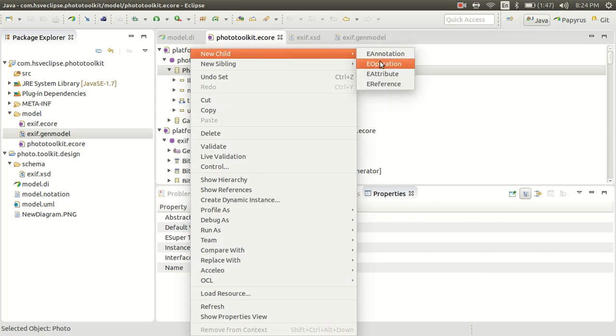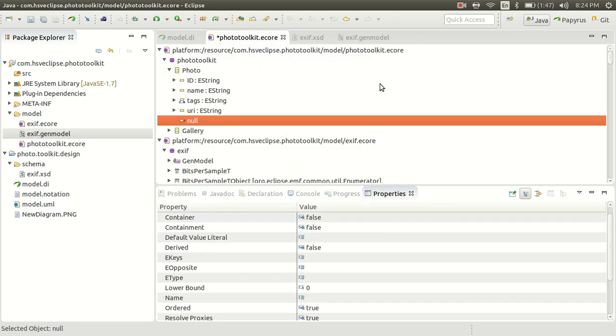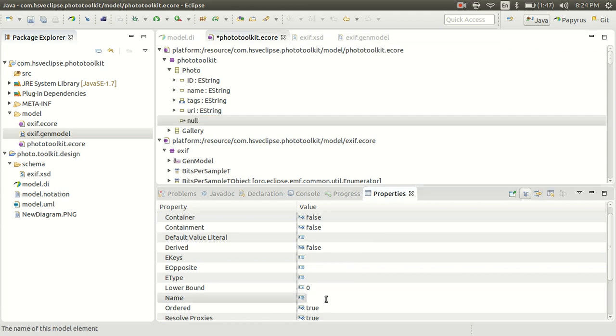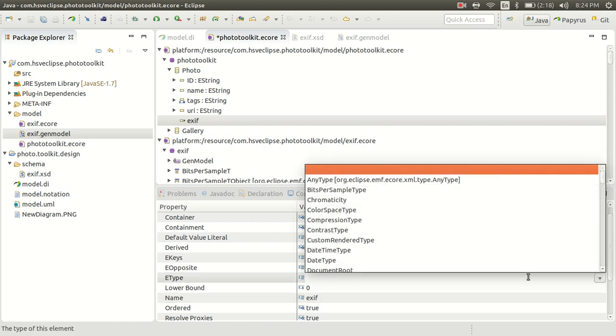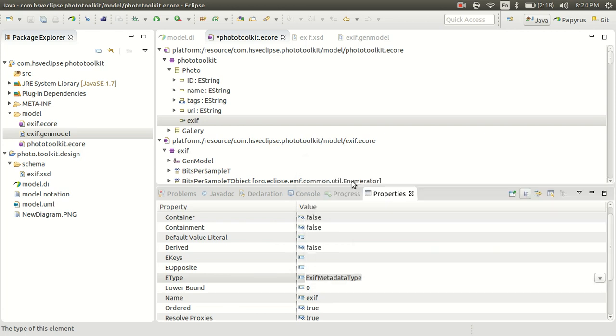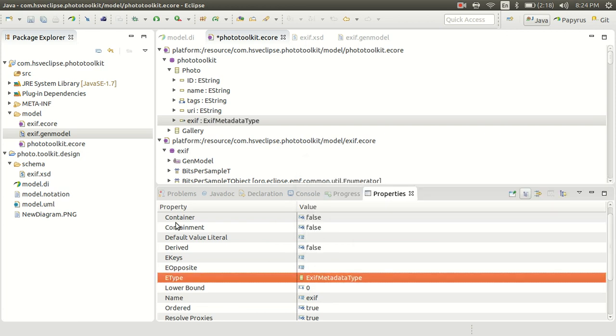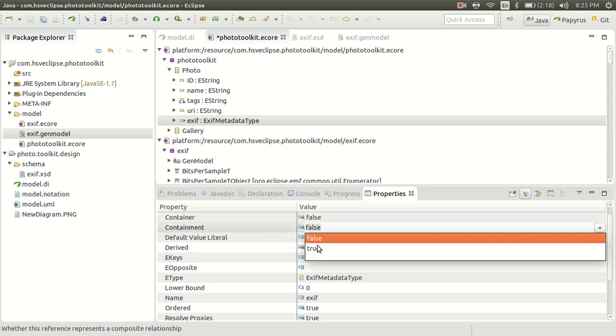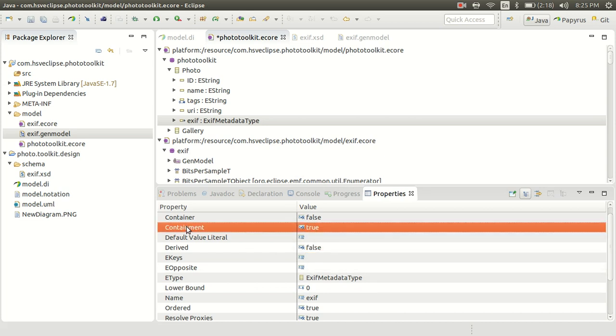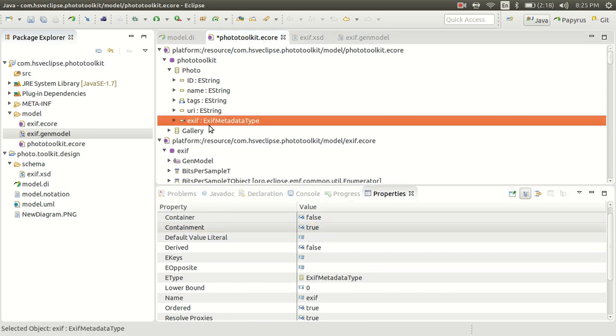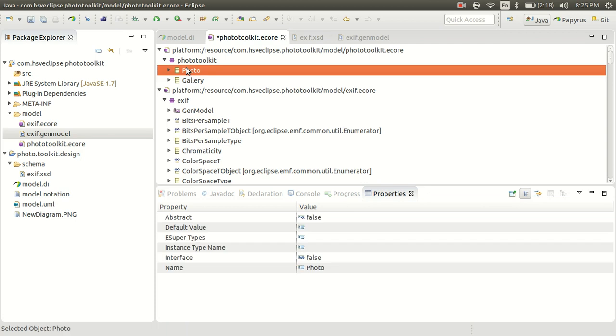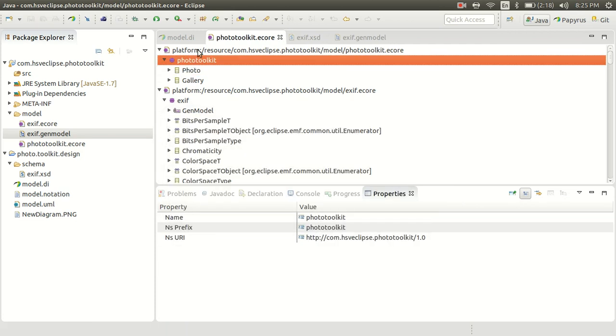So now I can add a new e-reference. I'm going to call it EXIF, and its type is going to be EXIF metadata type. I'm going to mark containment to be true, because it doesn't really make sense to have multiple photos point to the same metadata, because it should be contained within. So now I'm going to save this,